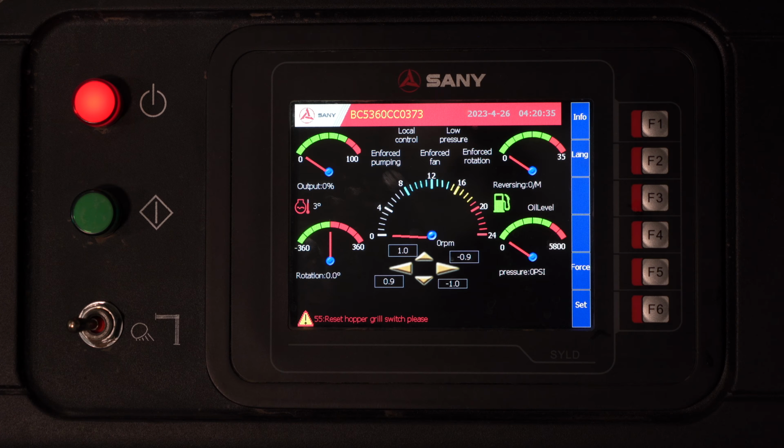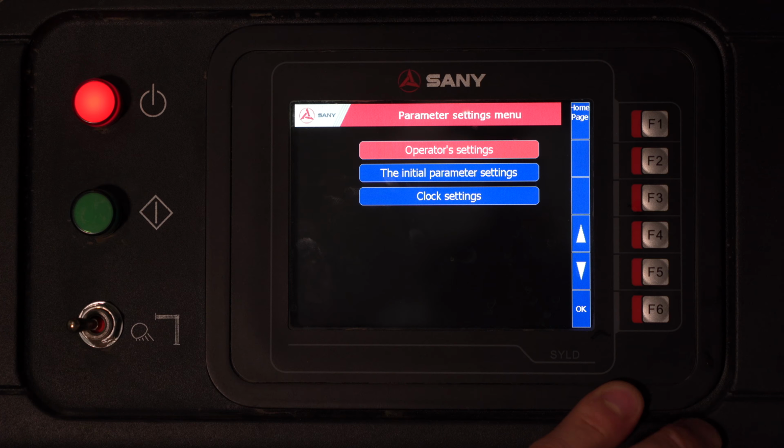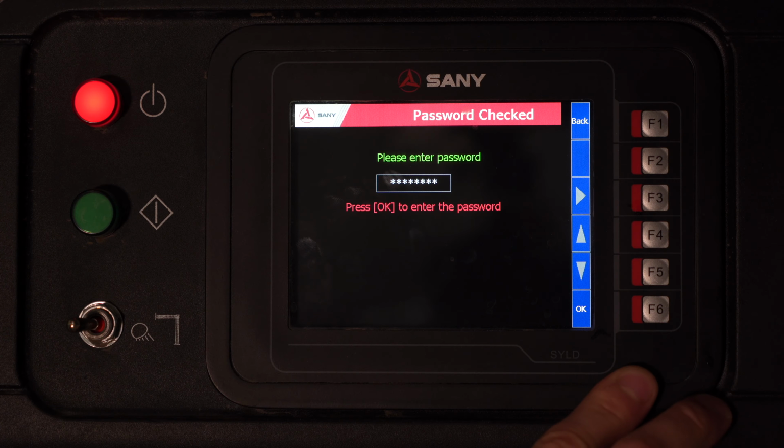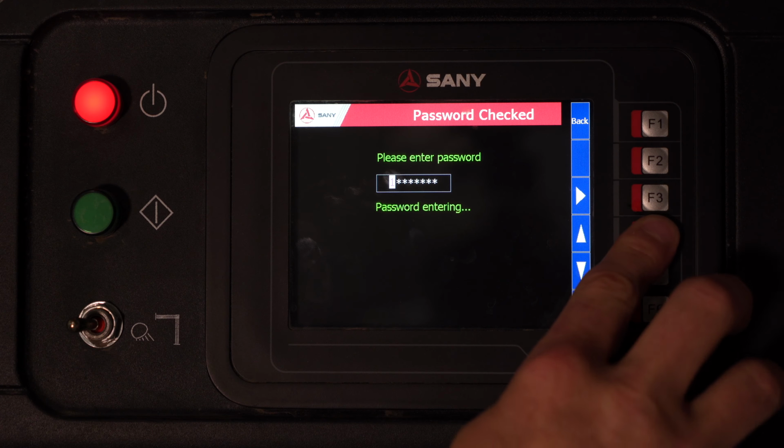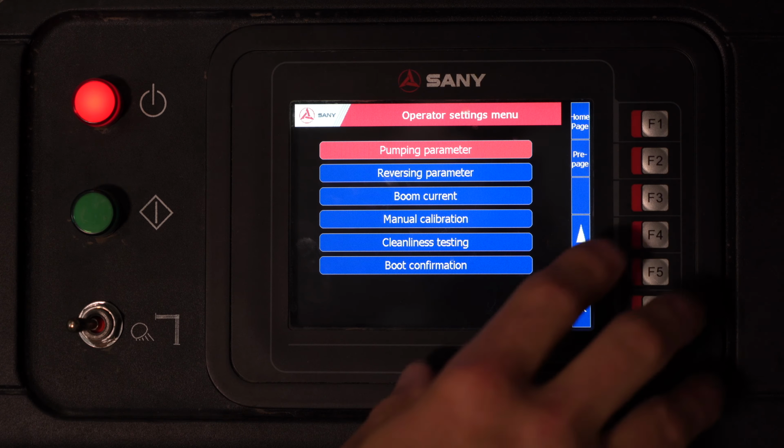All right, here we are again at the SYLD to do some boom speed settings. If we go to F6 for set, we then also go to operator settings. You input the password provided by Putzmeister. From there, you'll go to boom current,